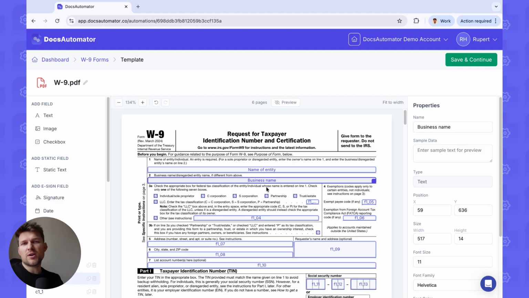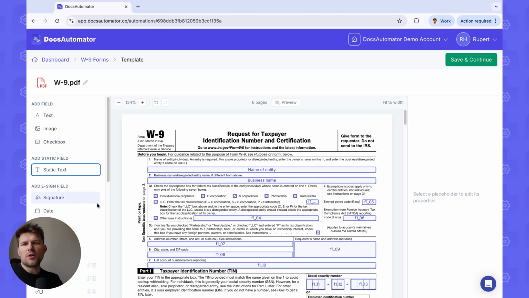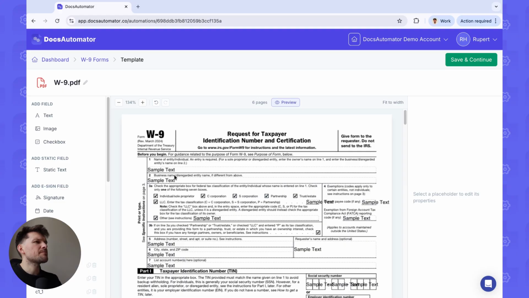Of course, this only works if there are fields actually embedded in the template. Then we could also add static text here. So there's a static text field if you wanted to add some static text to your PDFs. And if you want to know how these will be printed, you just click on preview. And this basically then goes into preview mode, and you can see exactly how these will come out once you